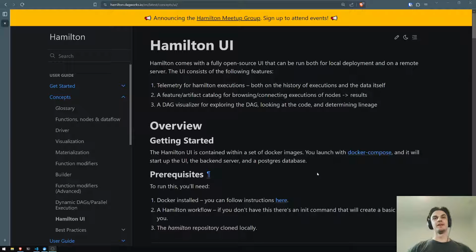Hi everyone! In this video I'll show you how to install the Hamilton UI we just recently open sourced. There's not that many steps, but we'll go through each together. If you go to the Hamilton documentation, under Concepts, Hamilton UI, you'll find this page that includes everything you need